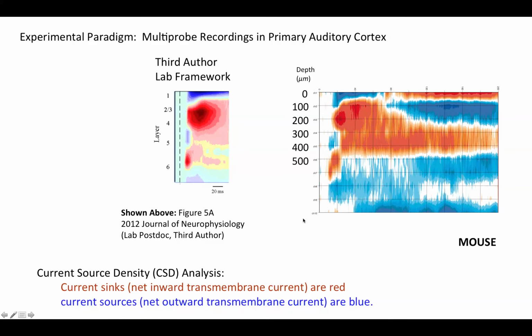And again, this is a comparison of the lab's framework on the left with my own multi-probe recordings on the right. And this is also a shame from my own personal perspective because I was never able to present my data at SFN or at ARO or to publish papers, because to present my data in a straightforward and quantitative way was contradictory to my lab's established framework. So I was met with a lot of resistance. And that's to put it lightly. That's the most polite way I can think of saying it.